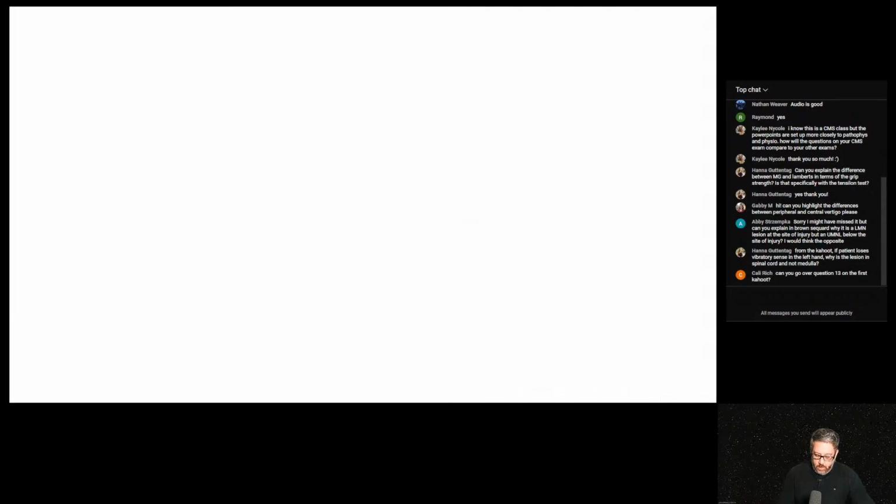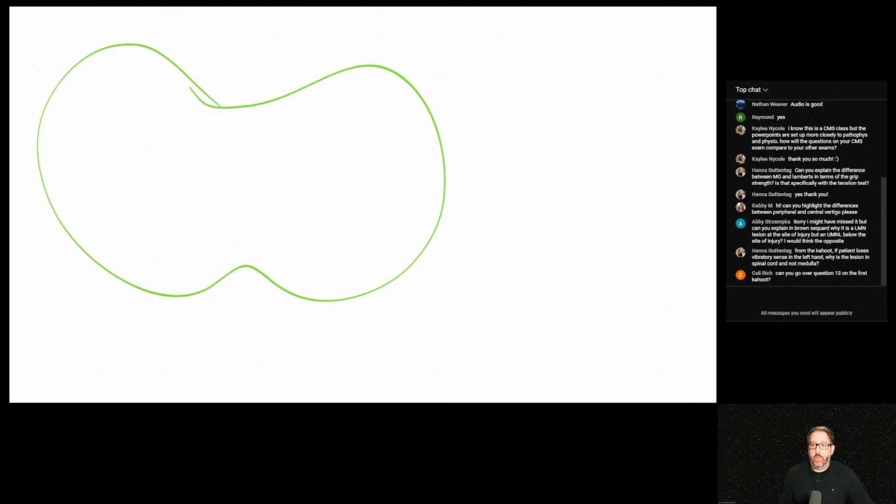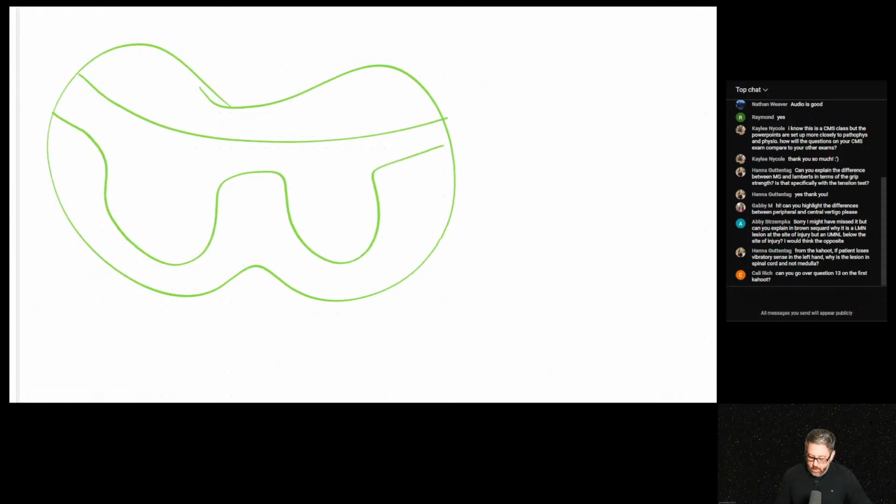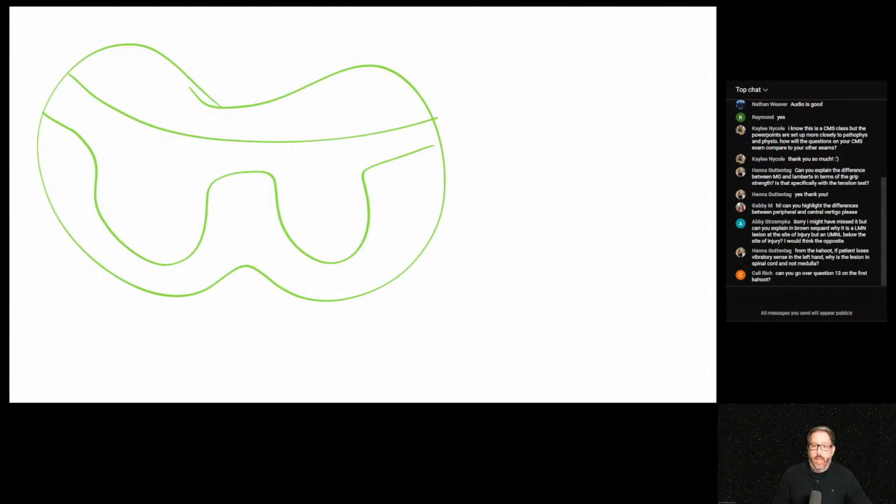Okay, so we have our spinal cord. Remember we have our anterior gray horn, and at the site of the lesion,